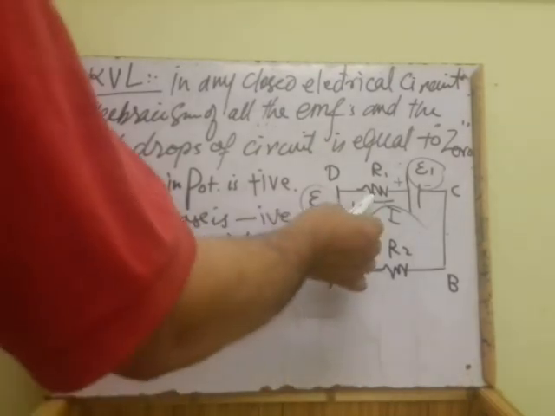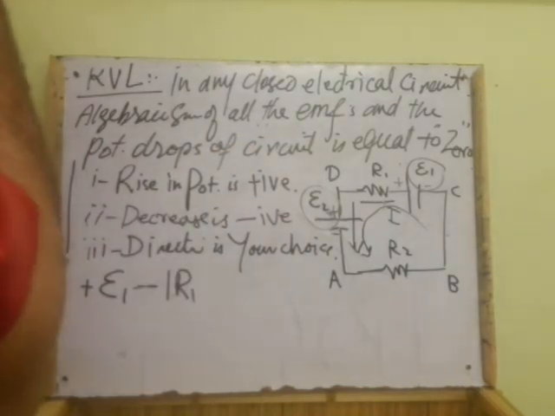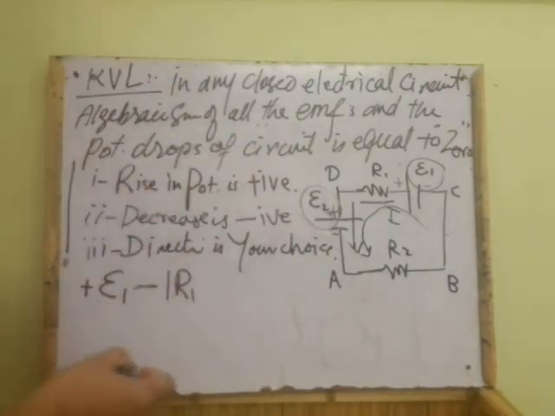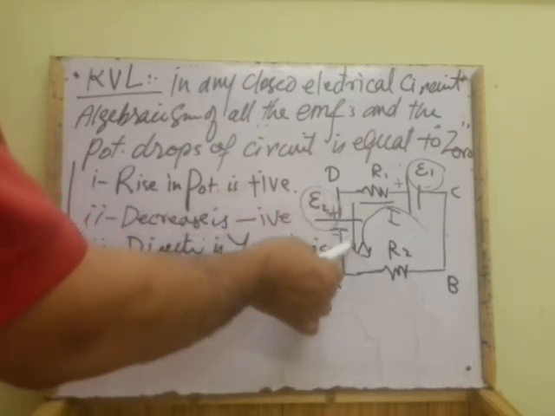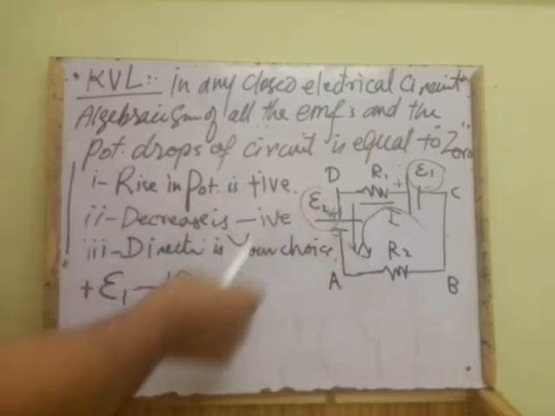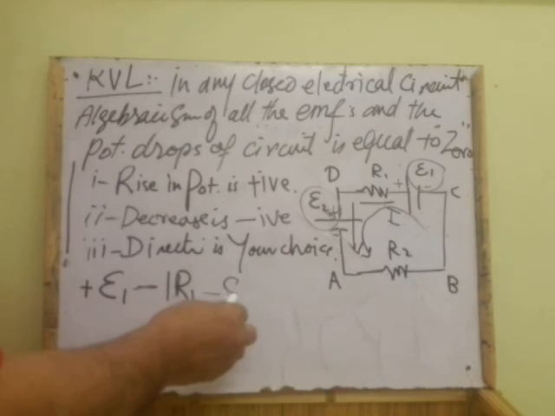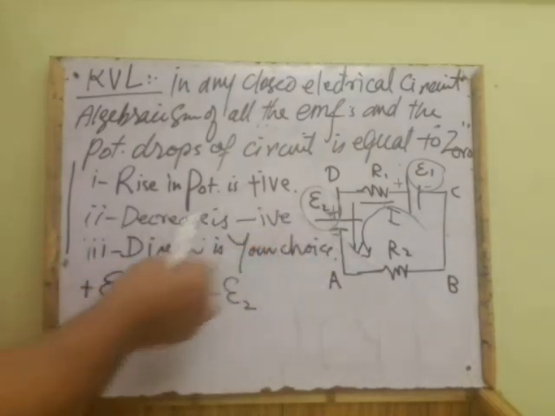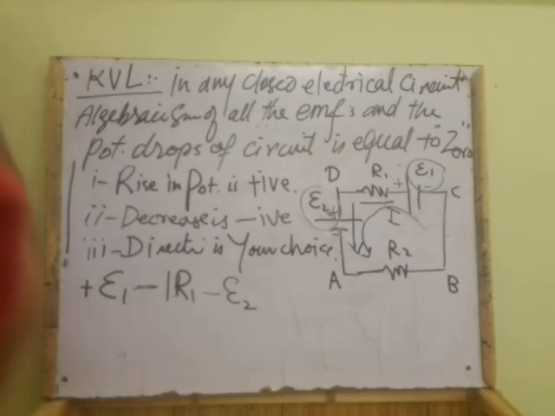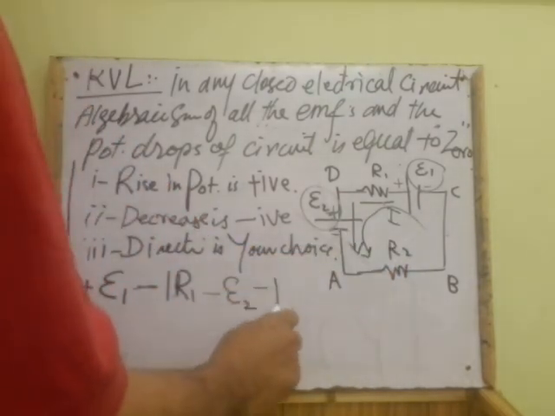So this is minus IR1. Again, this is E2. Now as we can see that the current is flowing from high to low potential, so we take E2 as negative because of the decrease according to this point. Again, minus IR2